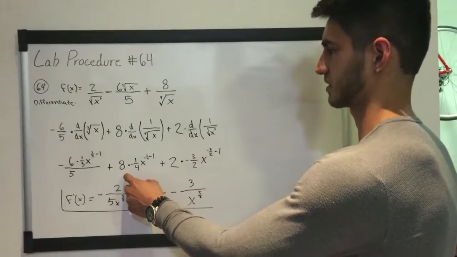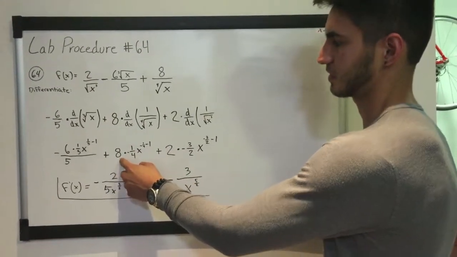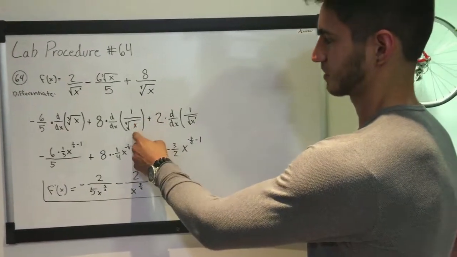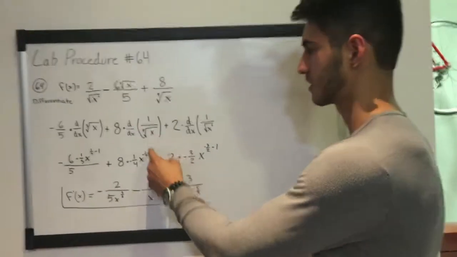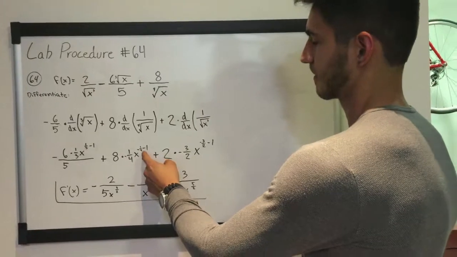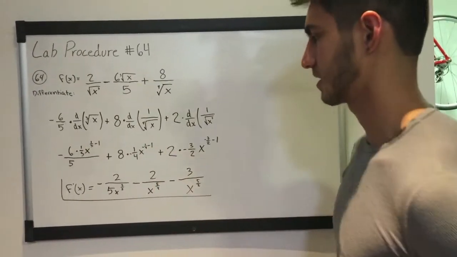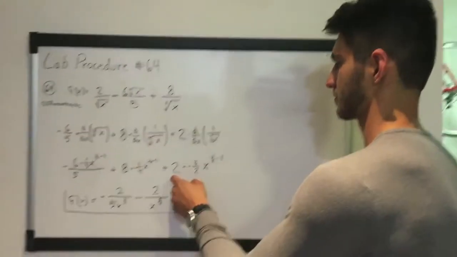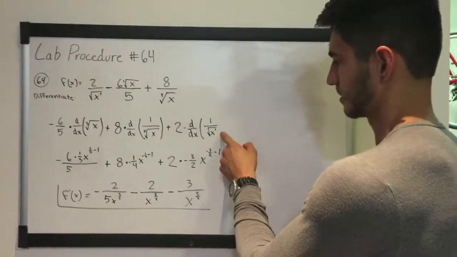Here it's basically the same thing. You take out the 8, you multiply it by 1/4, which is the equivalent of this expression simplified, and the power is going to be negative 1/4 minus 1, and here you're going to take the 2, multiply it by negative